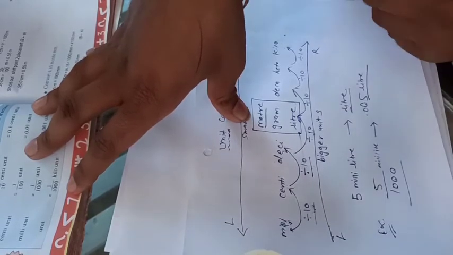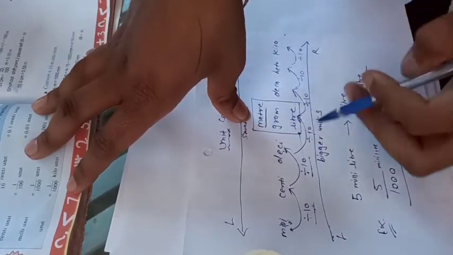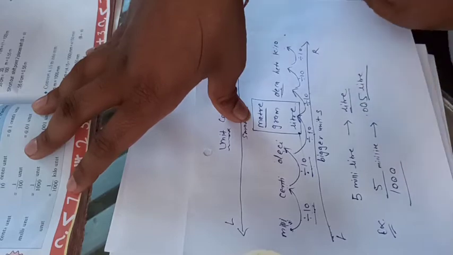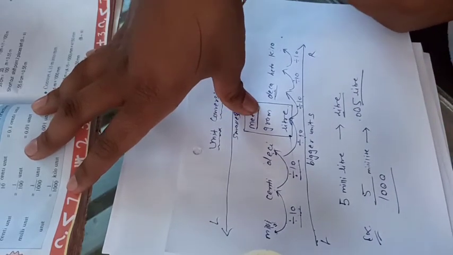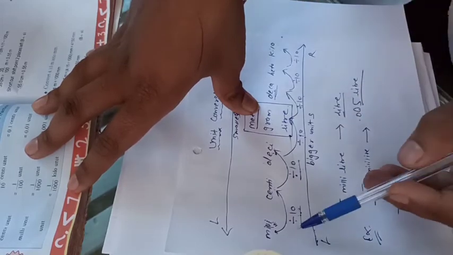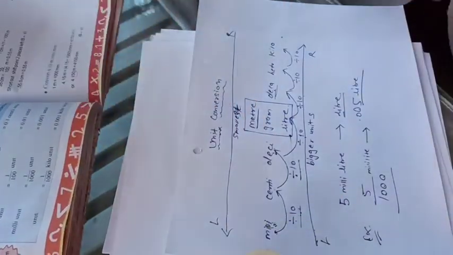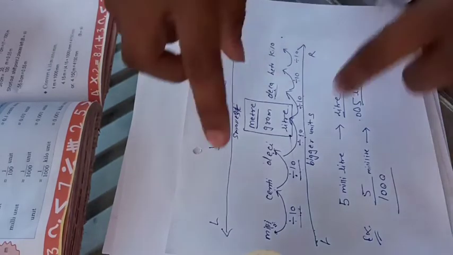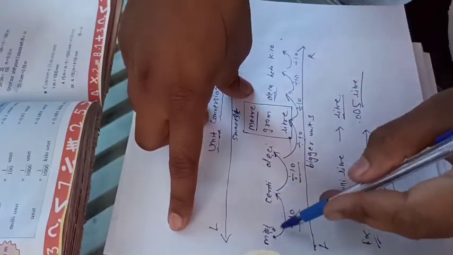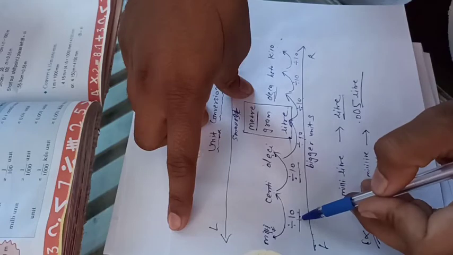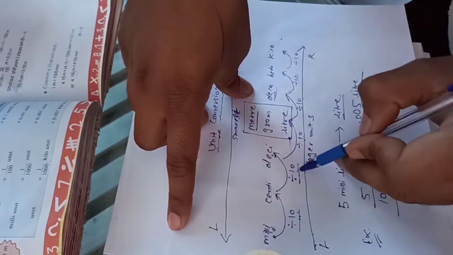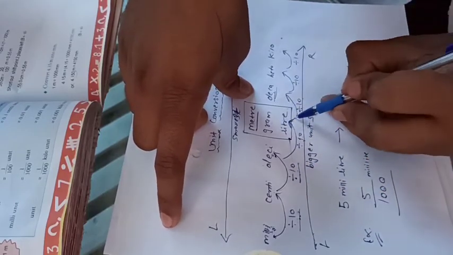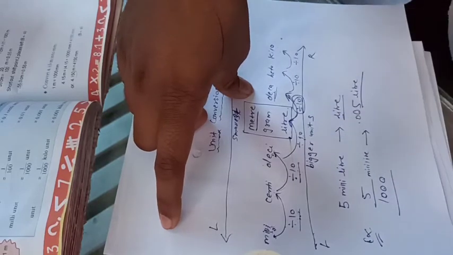Same if you have to convert gram to deca, you will divide by 10 and you will get the bigger quantity. So this is what you do whenever you move from a smaller unit to a bigger unit. We divide by 10, 100, 1000, 10,000, depending on the steps. If we move one step, we divide by 10. If we move 2 steps, we divide by 100. If we move 3 steps, we divide by 1000. From gram to deca, we move only one step, so we divide by only 10.